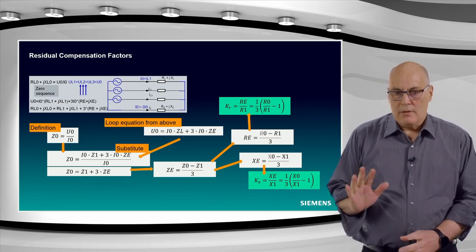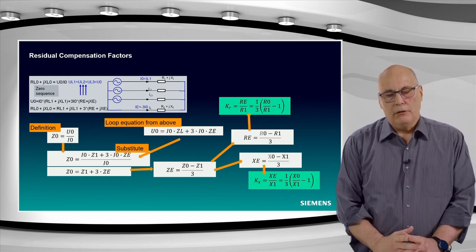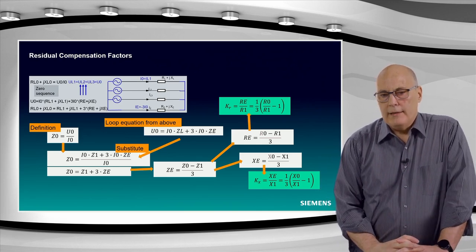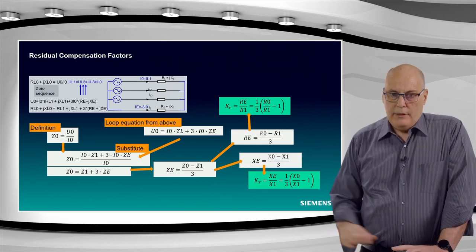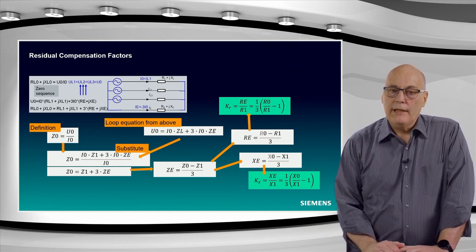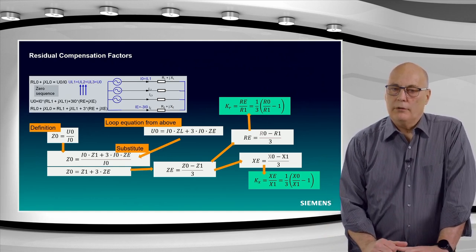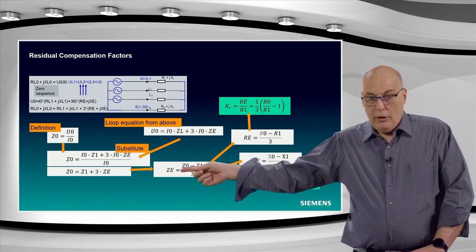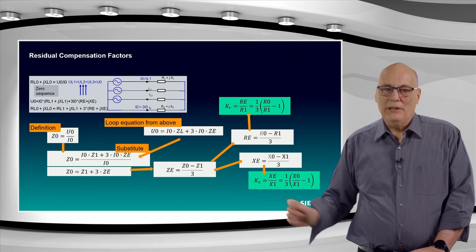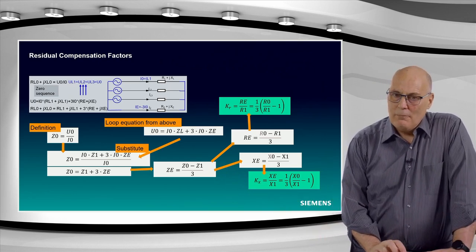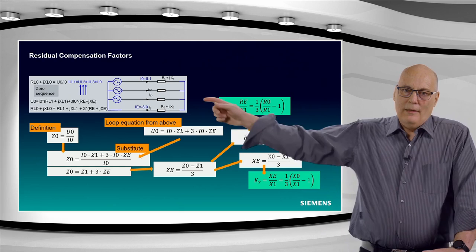On cables, the ZE can be a bit strange, depending on single phase or 3-phase cables and so on. But if we look at overhead lines, the ZE will always be similar to, well, larger than the Z1 even. So the Z0 cannot be smaller than Z1. That's very interesting. All right. Rewriting that equation, following the orange arrows, we then come to this equation here. We can then derive ZE,